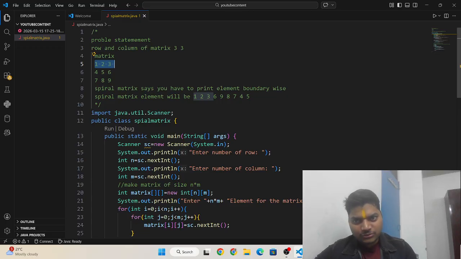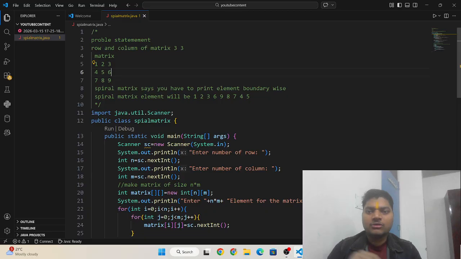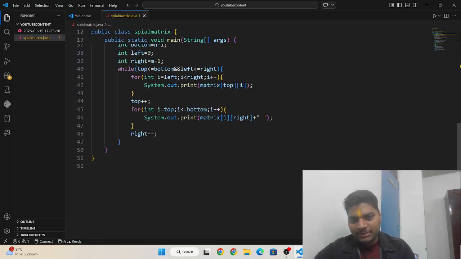If it is row 0 and we are doing plus plus, it will move to row 1. And if we have printed this, 0 1 2, and we are doing minus minus, then if it is 2 it will move to 1, column 1. Okay, so that's why I am writing here minus minus.